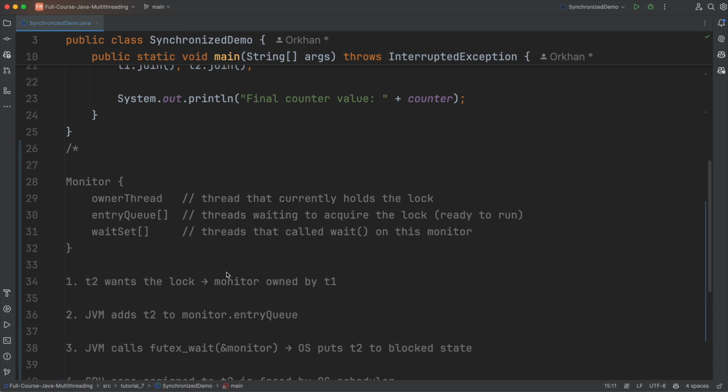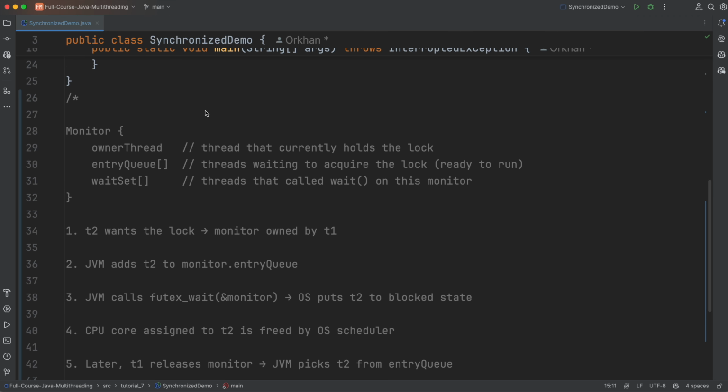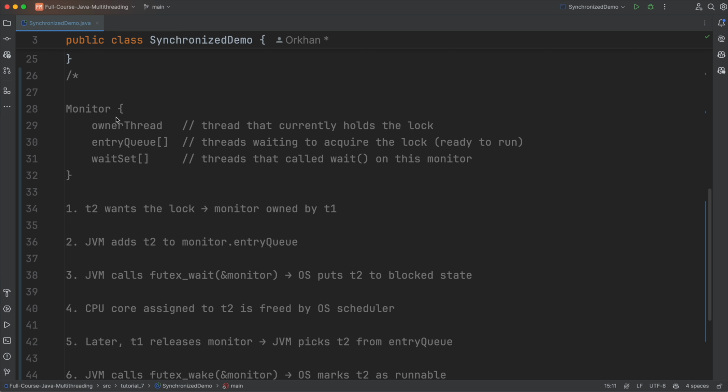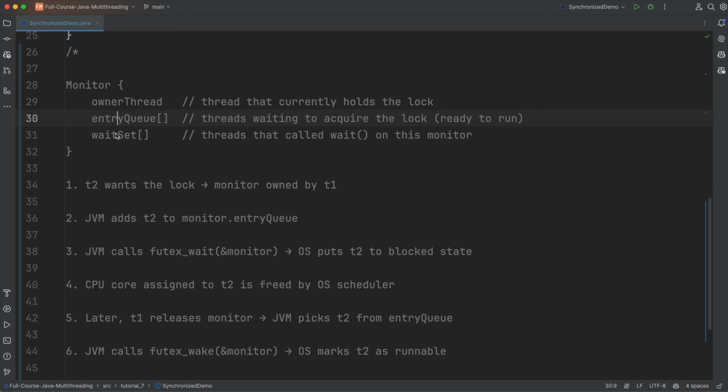Under the hood, the JVM creates a so-called monitor, which has the key to that block or to that method which is synchronized. So what does that monitor have? The monitor has, conceptually, it's not exactly pseudocode-wise,